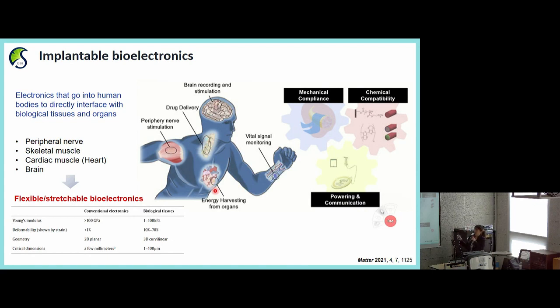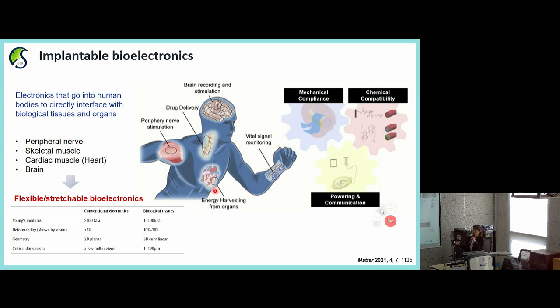This topic is more the main topic in my talk. Recently, we are using our adhesive polymers for the stable fixation of implantable bioelectronics. As you all know, these implantable bioelectronics are very attractive for stimulating our tissue or recording our electrophysiological signals. We already have electroactive tissue such as the brain, nerve, peripheral nerve, or muscle